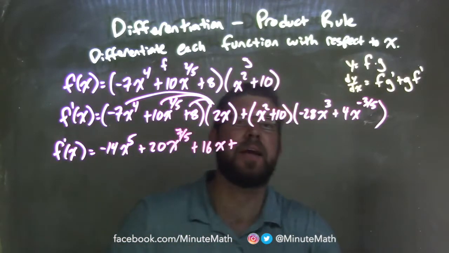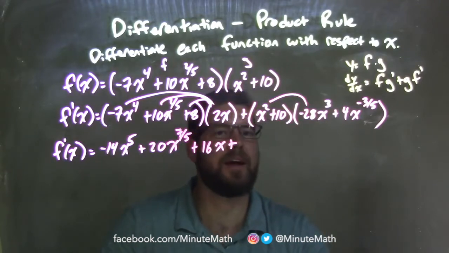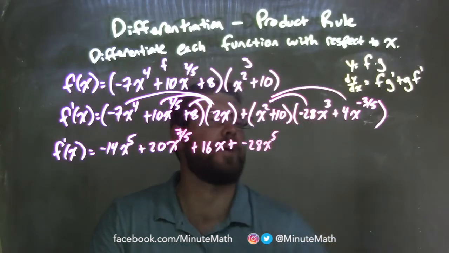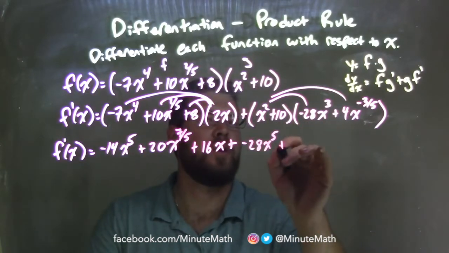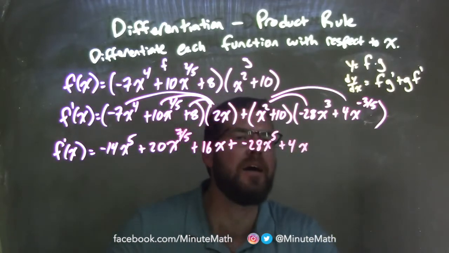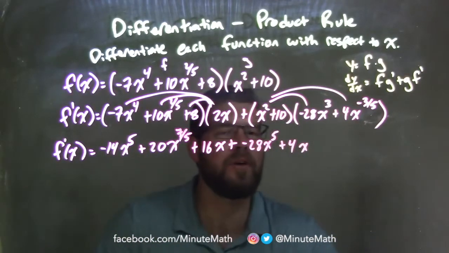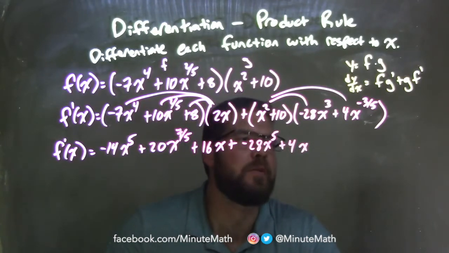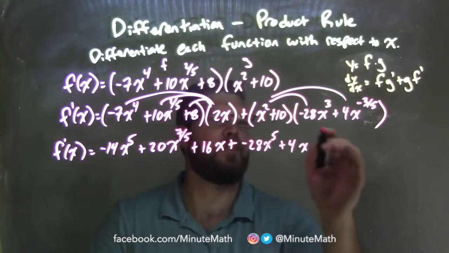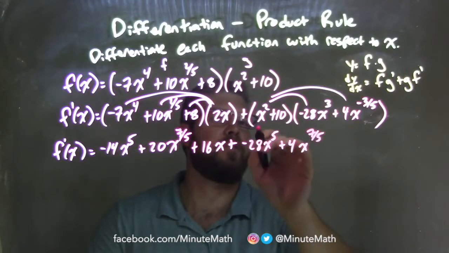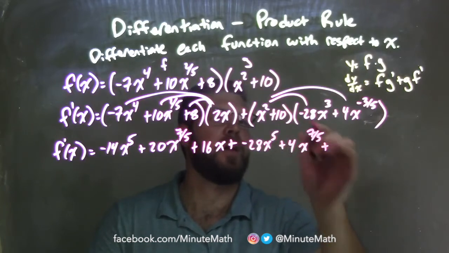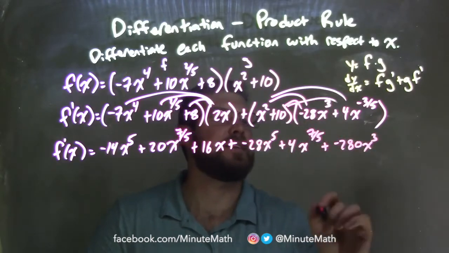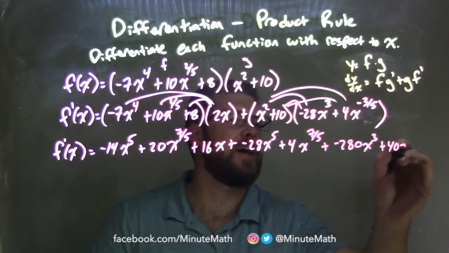Fantastic. So now we're going to add the next part. The next part we need to distribute again. So we have x squared times negative 28x to the third, and that gives us a negative 28x to the fifth power. Multiply the x squared again down here. All right, well 4 plus 4x. Now we have to add 2 to negative 3/5, so it's really adding a 10/5 to that. And when we add a 10/5 to a negative 3/5, that should give us a 7/5 if I remember correctly, and that is correct. So 7/5 there, right? So we have 4x to the 7/5 power. Now we distribute the 10 across. That's a negative 280x to the third, and 10 times 4 is 40, plus 40x to the negative